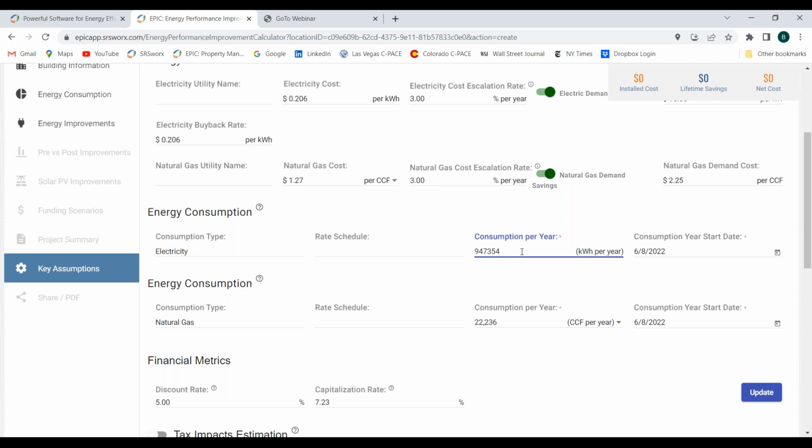You could always change this. So let's say you look at the actual bills and it was 948,000 kWh consumption over the prior 12-month period. And I'll use a round number here for natural gas CCFs per year as well, just so we see how that flows through. So this points out a key design feature of EPIC, whereby it's a tool that's designed that